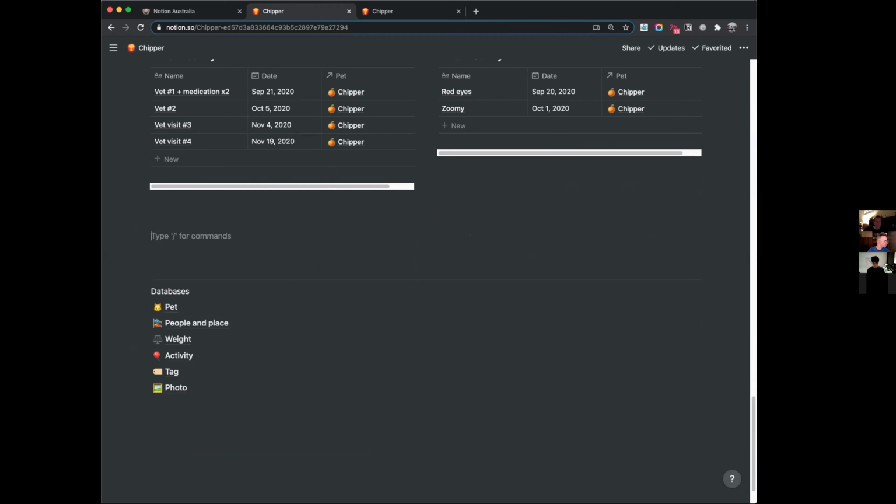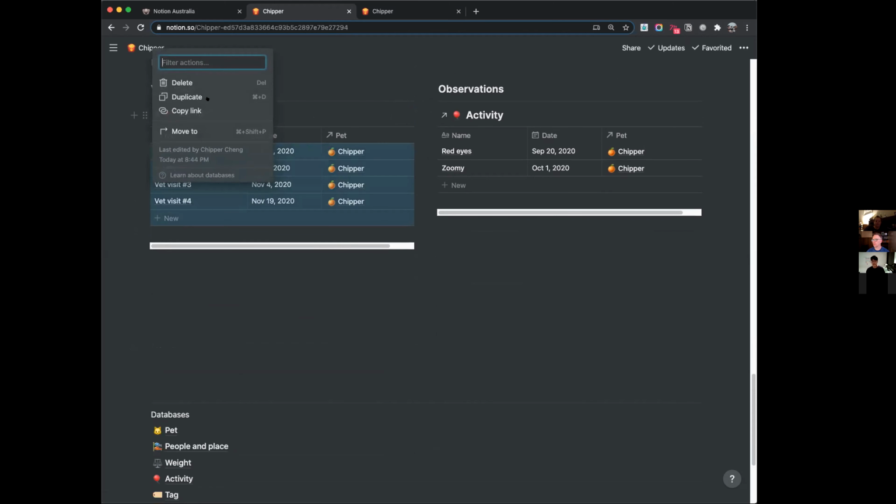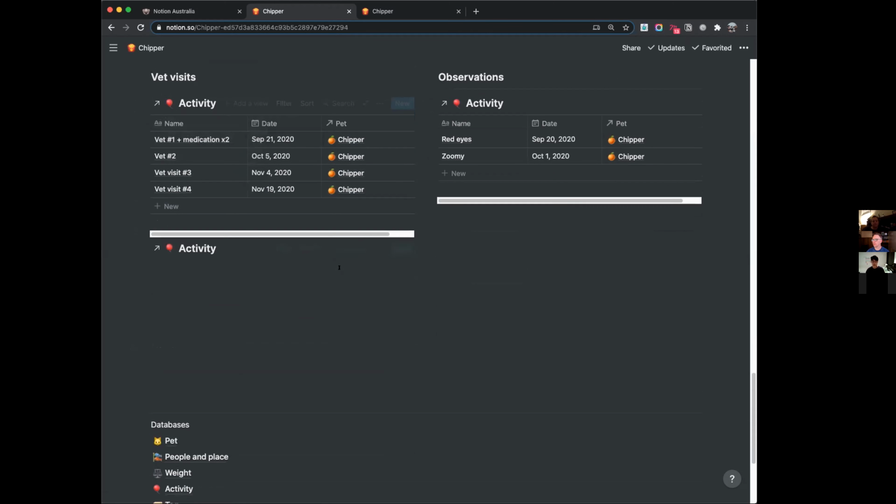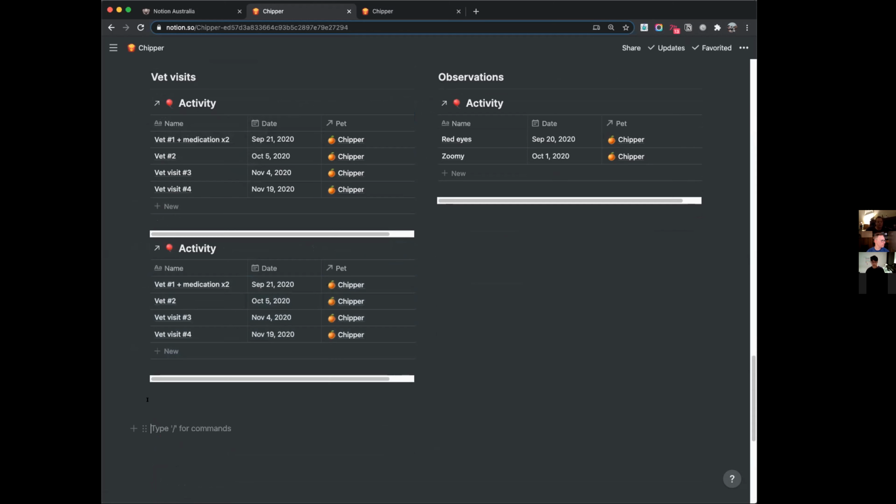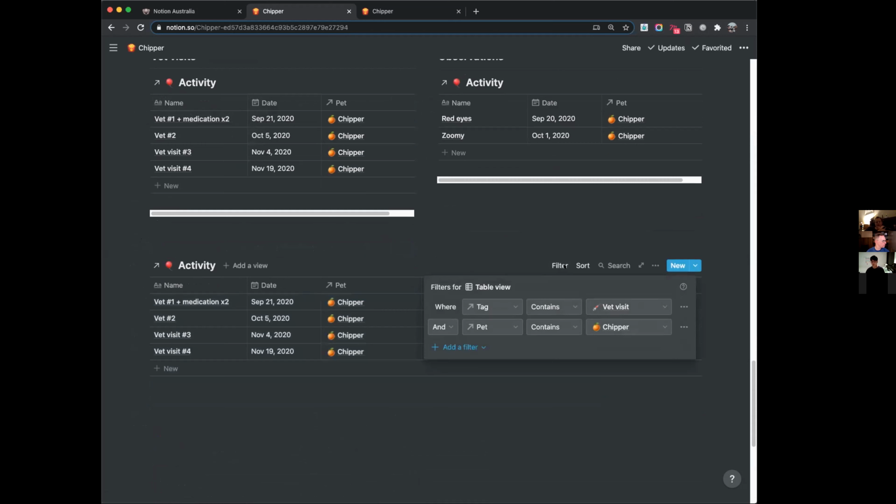Finally, expenses. I want to quickly see how much I've spent totally on chipper. And that's fairly easy as well. Let's duplicate activities, because in all the activities, I keep track of the expenses. So what we really want to do here is, yes, on chipper, but instead of tag, I want to see expenses.